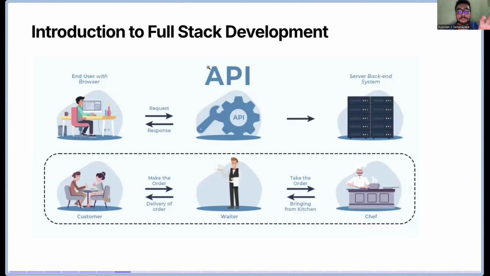So the API is the middleman. It's a waiter. Okay. So three main parts: the front end, API, and the back end. So the back end and the database, we almost always use them interchangeably, but the back end is the actual brains